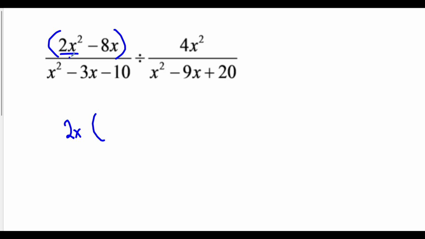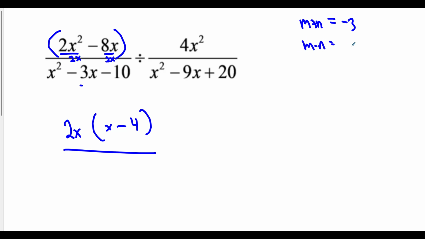So if I divide both of these by 2x, this becomes x minus 4. Denominator: what are two values that add up to -3, and the same two values, when multiplied, give you a value of -10? That's looking to me like -5 and +2. And yeah, that makes sense. So this is going to be x minus 5, x plus 2,